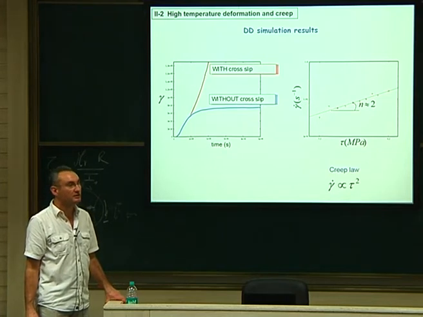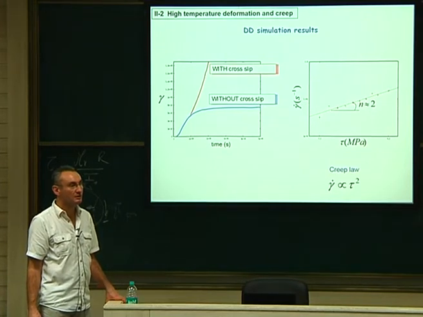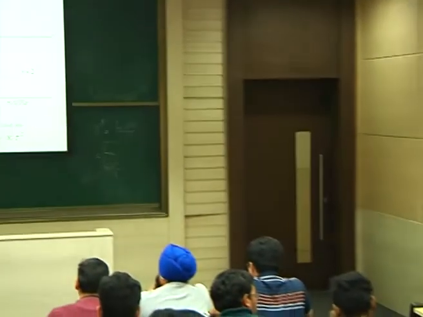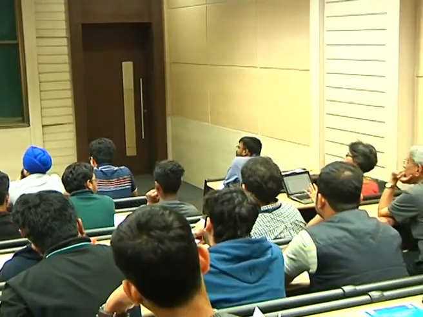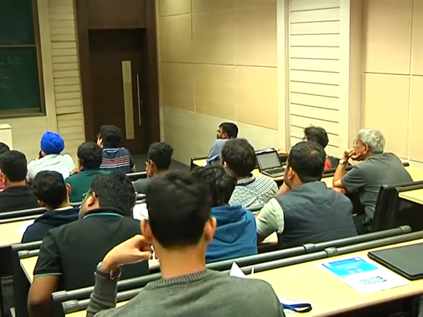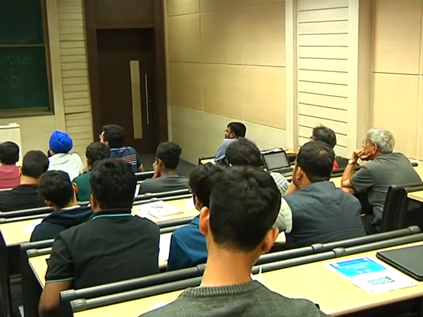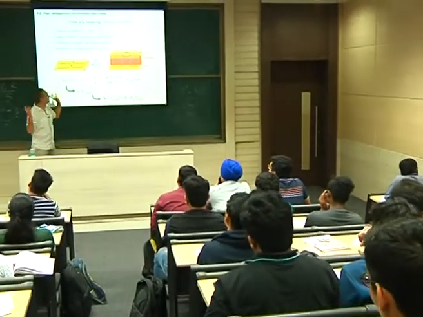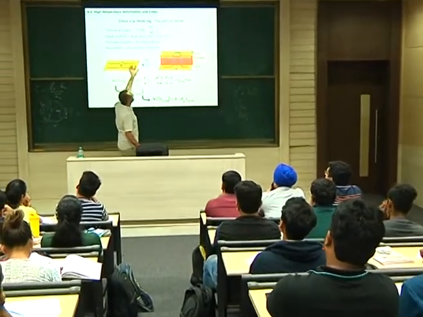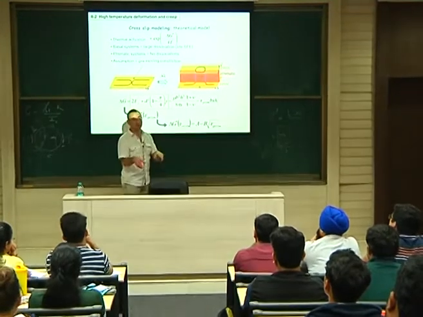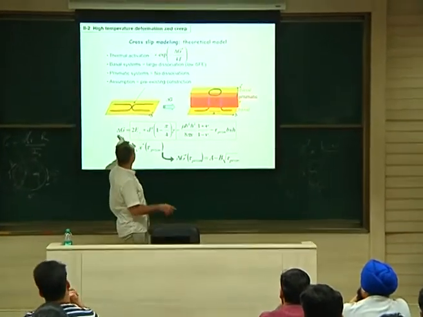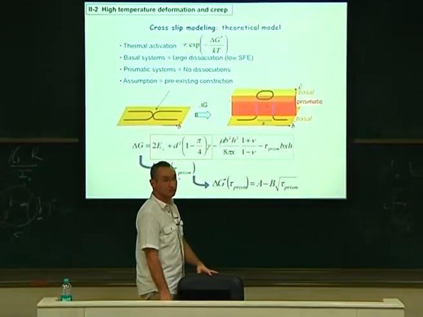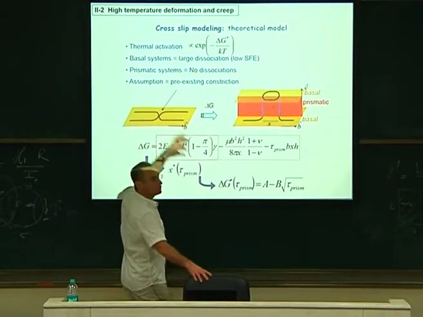Do your results change depending on whether or not you allow dislocations to dissociate? If you did this with just perfect... They are actually in the code, they are perfect dislocations. It's just in the model that I account for the fact that, assuming that there is a constriction, this is an assumption, then the change of energy between that stage and that stage is this. But in my code, there are perfect lines, and I just put a probability. Yes, exactly. It's only used for the probability, but I don't take into account all the partials and so on.